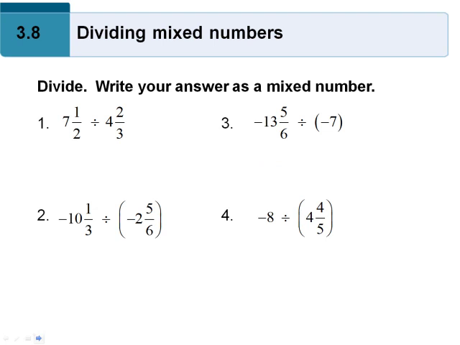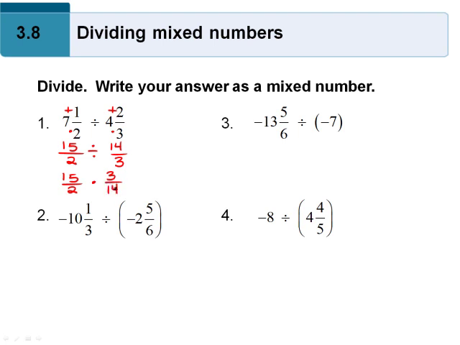Okay, so we have 7 1/2 divided by 4 2/3. So the first step is to change both of these to improper fractions. So 2 times 7 is 14, plus 1 would be 15/2. Do not try and change it to multiplication yet, because so many people get mixed up. They're like, have I flipped it? Have I not flipped it? Just keep it as division for now. 3 times 4 is 12, plus 2 would be 14/3. So now that we have a division problem, we're going to do keep the 15/2, change, flip